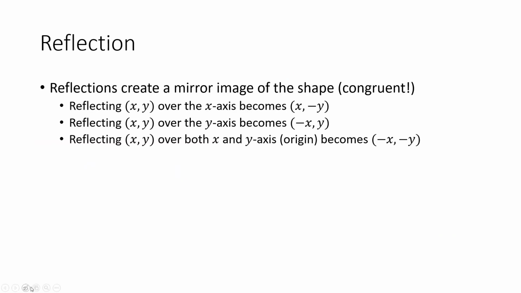The second type of transformation we're going to talk about is what's called a reflection. A reflection, as you would expect, creates a mirror image of the shape we're dealing with. It's still congruent. It's still the same shape and the same size. But now we're going to reflect our image. So for example, if we've got our coordinate plane,